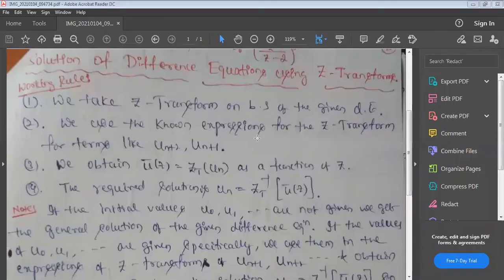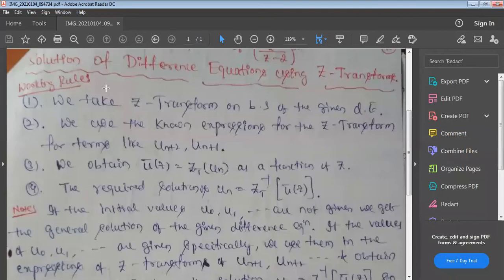Okay. So the last part of this module is the solution of difference equations using Z transforms. From this you're going to get one question in the annual exam. In Laplace transform, we solve differential equations, but here you're going to solve difference equations. So we'll learn how to solve difference equations using Z transform. First let us discuss the procedure, how to solve a difference equation, and then we'll move to the problem.